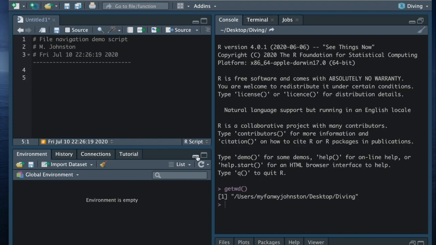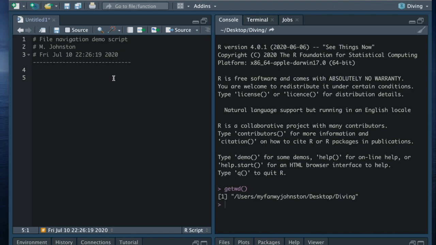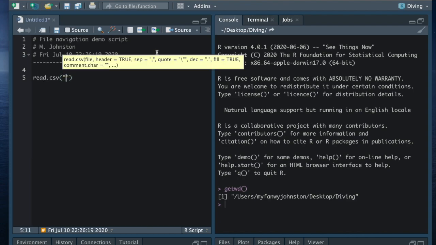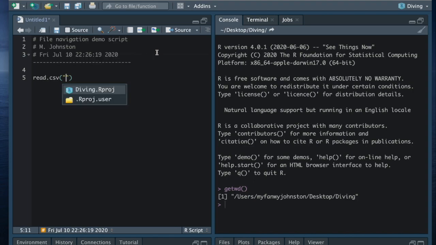Okay. So, can we find our CSV again? Right now we're in the diving directory. So if we want to find that divelog CSV, which is still saved on the desktop, we have to tell read.csv to go to the desktop again. But now when we hit tab, nothing comes up because we don't have any subdirectories in this diving folder that we just created yet. So to go backwards, because we now need to go up to the desktop, you hit